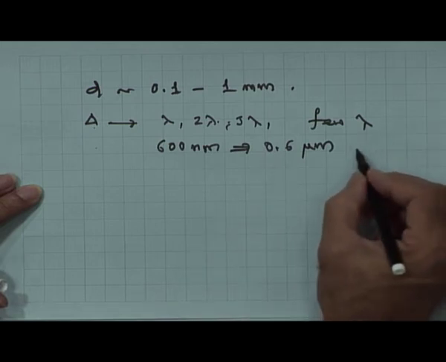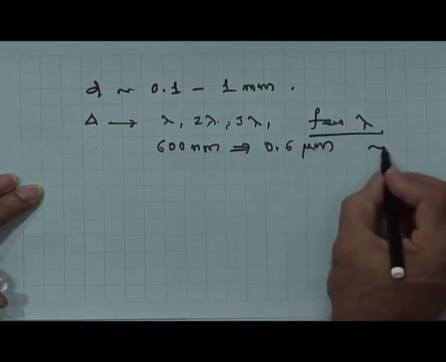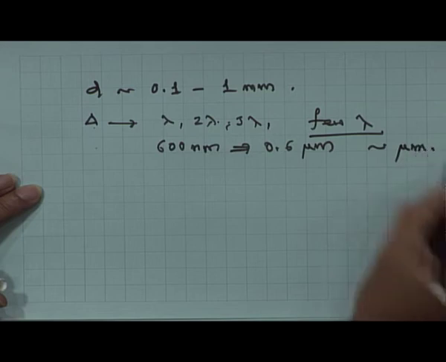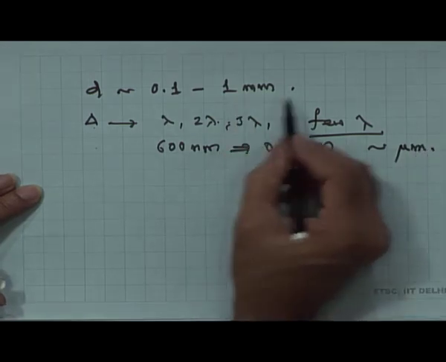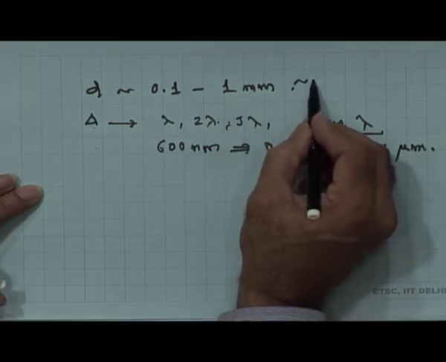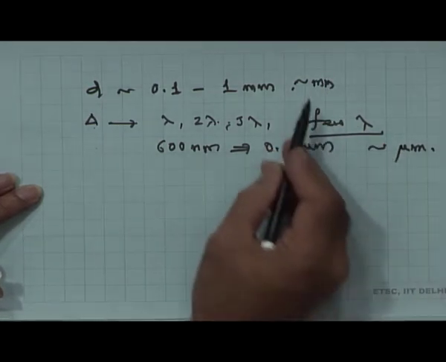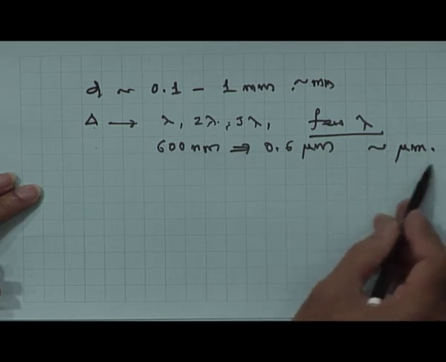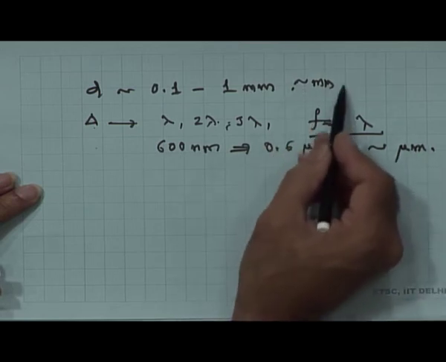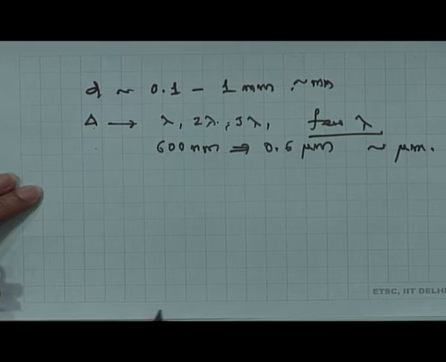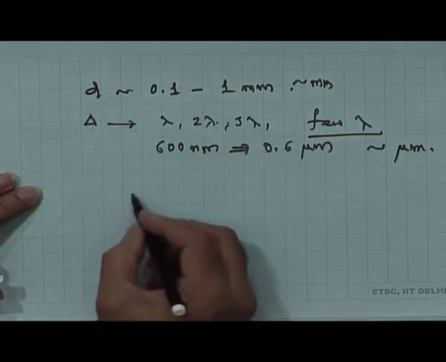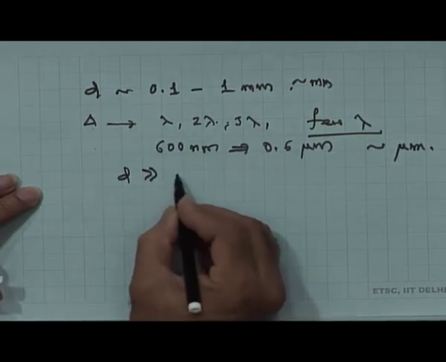So, a few lambda is therefore of the order of micrometers, and here D is of the order of millimeter, that is a factor of 10³. So, micrometer is 10⁻⁶, millimeter is 10⁻³ meters, and therefore D is much larger than delta,